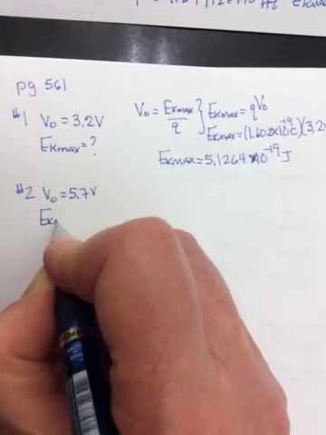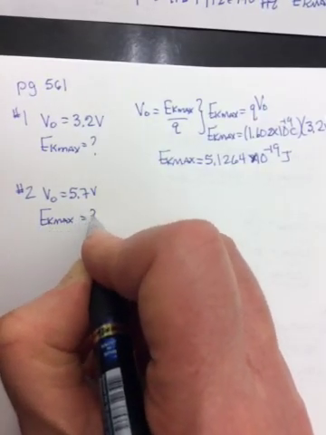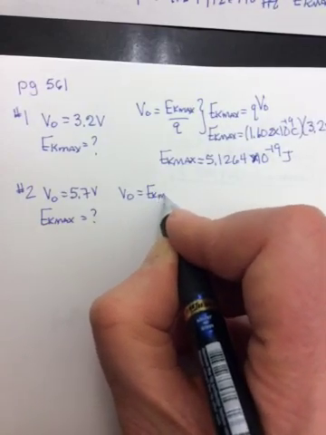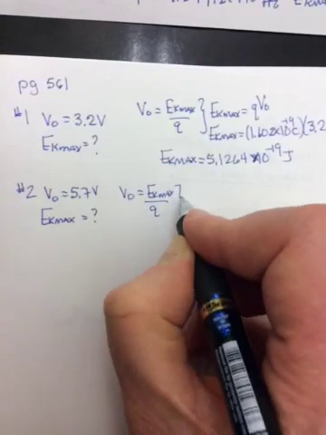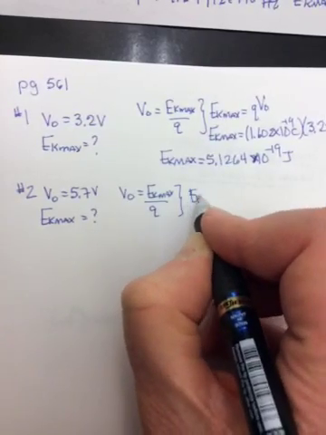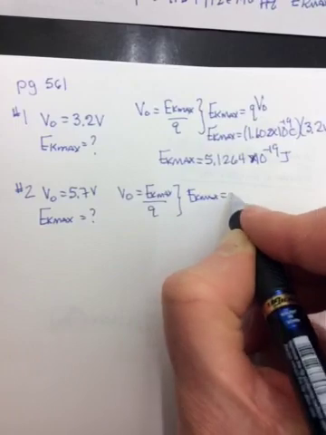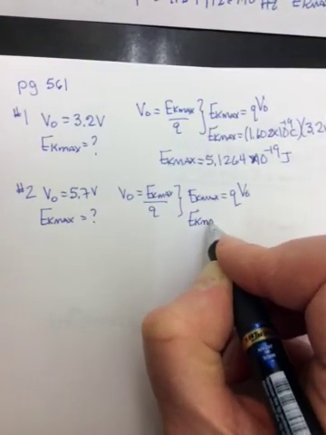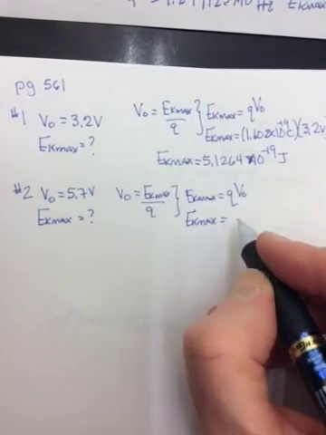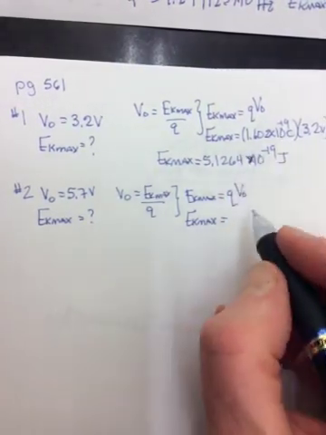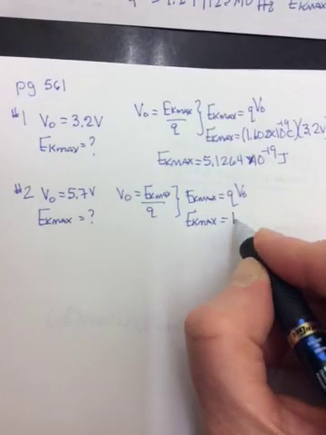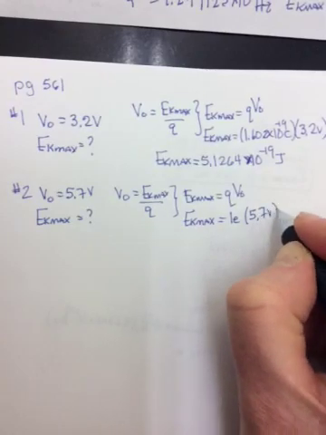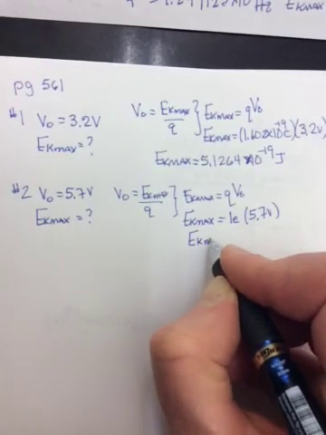Again, it wants the EK max, but this time it wants it in electron volts. So again, V0 is equal to EK max over Q. So again, EK max is equal to Q times V0. But since it wants it in electron volts, we can make our life easy here. Q, instead of it being 1.602 times 10 to the negative 19, I can just put it in as 1 electron times 5.7 volts, and my answer will be